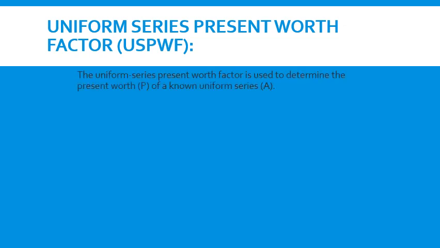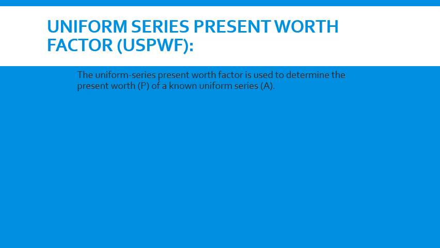The uniform series means it is a continuous recurring amount. Just like the recurring deposit we have in a bank, or EMI for loan payment, or LIC's insurance policies yearly payment, they are all the same as that of a uniform series. Why is it a uniform series? Here I am making the payment either every month or every quarter or every 6 months or every year.